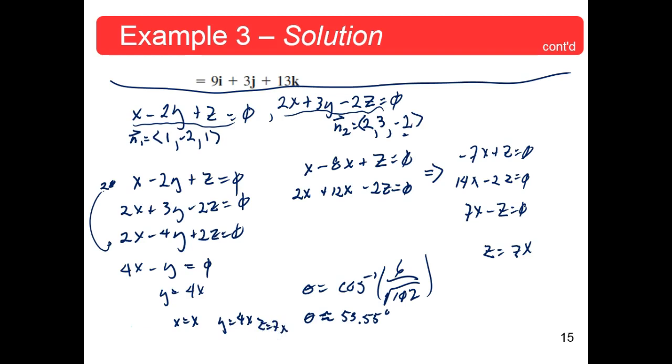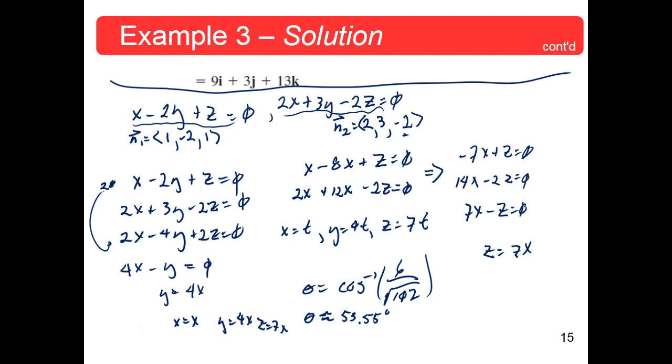Let's just change the second x to a parameter. Now they happen to choose t. I thought they would. So rather than call it x, let's just call it t. So x equal t, y equal 4t, and z is equal to 7t. There's your parametric equations